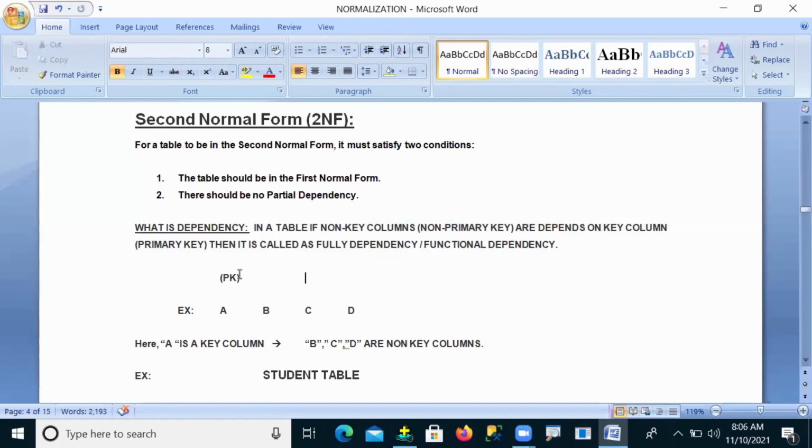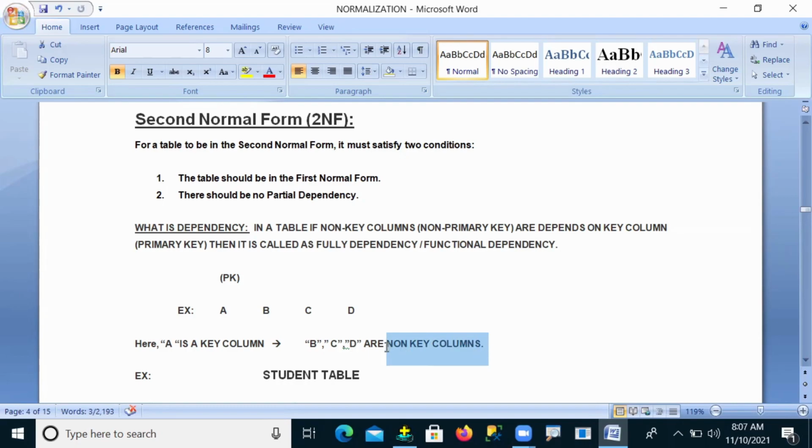As per the definition, I'm taking one small example: A, B, C, D. These are the four columns. In these four columns, A is a primary key, a key column. And B, C, D are non-primary key columns.